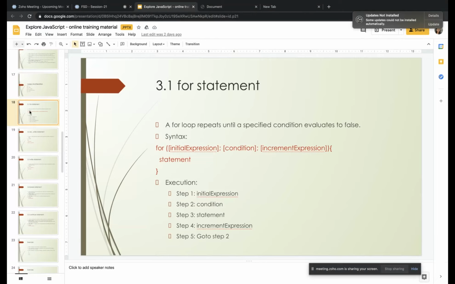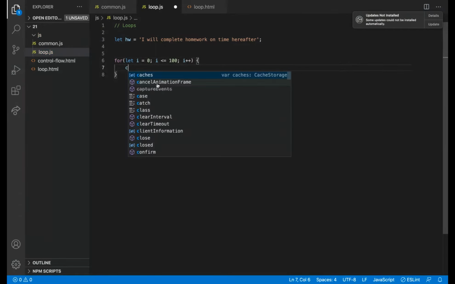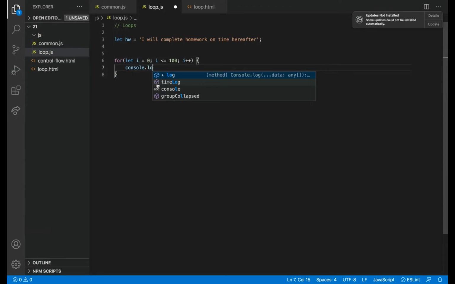There may be any other name also. For now I'm saying it is a condition variable or loop variable. i less than or equal to 100. I'll explain each one by one. i plus plus. First, we will check whether the expected result is coming.